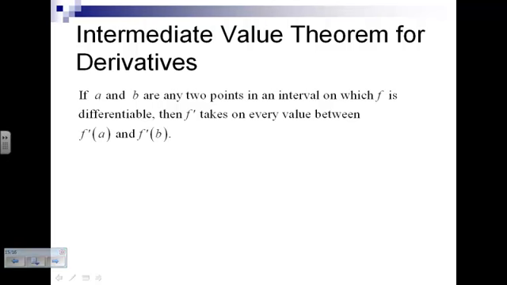The old intermediate value theorem said if this function is continuous and it goes from f of a to f of b,